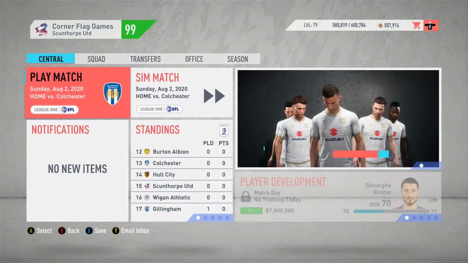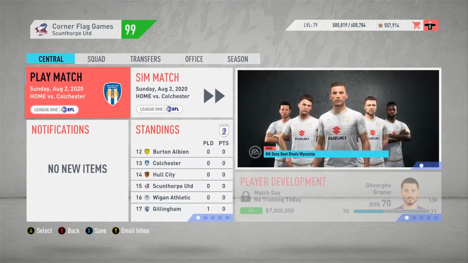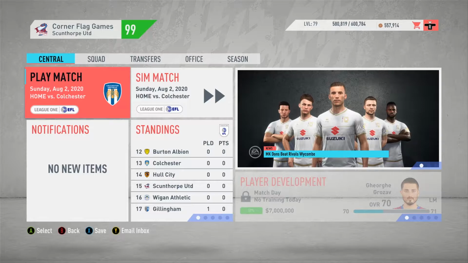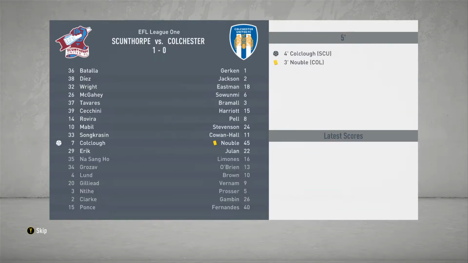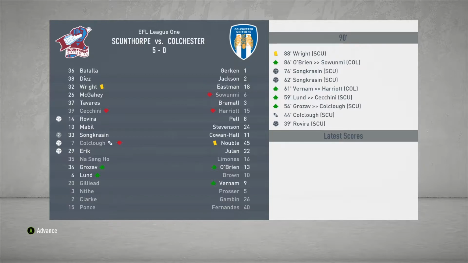Okay guys, so we now move into the first game of the season, and it will be against Colchester United, who came up into EFL League 1 with us when we were at home in this fixture. We will be running out the first team in this game as well, as you can see there on the left-hand side, and they're playing a 4-4-2, so we'll simulate straight through this, and it is a 5-0 win, but